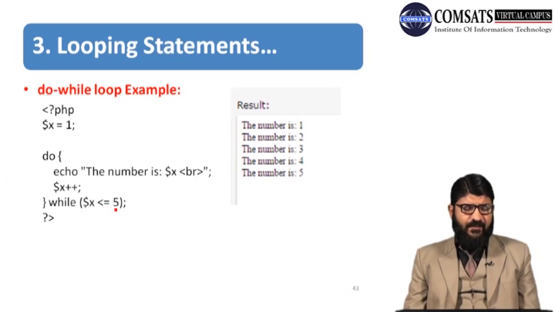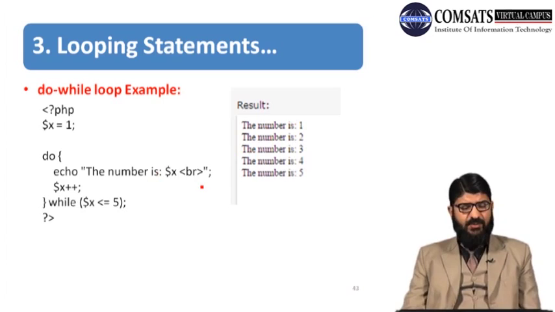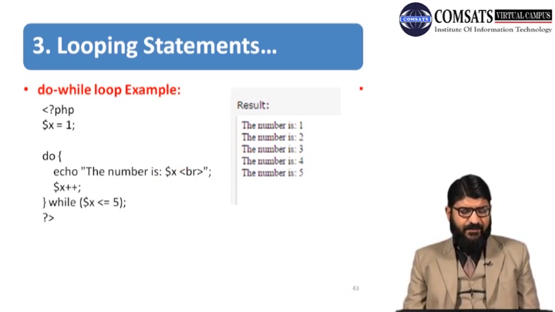than or equal to 5. The first time the loop is executed, it will print the number is 1, then the number is increased, and in while if the condition is matched, the number will be 2, so it will print the value 2. The value is increased to 3, the condition 3 is less than or equal to 5 is matched, and it prints the number is 3. The value is increased to 4, the condition is matched, 4 is less than 5, so it prints the number is 4.